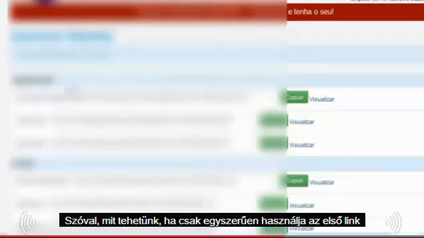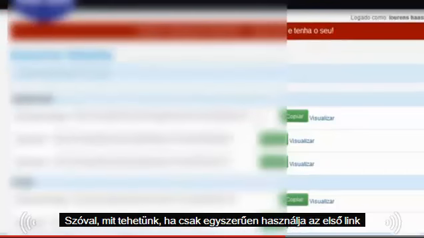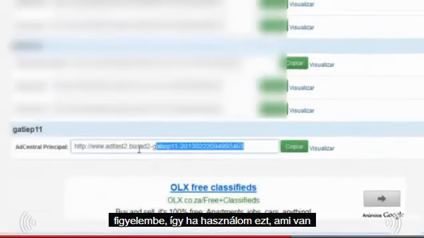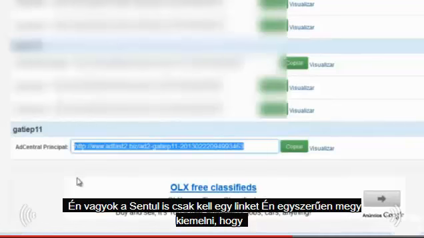As you can see, it's now populating all these ads for me. It's going to give me the URLs that I need to use. You can simply use the first link that a particular username gives you. If you have more ads that you need to place, you will have more links for that particular account. So if I use this one, which is the Ad Central, where I only need one link,